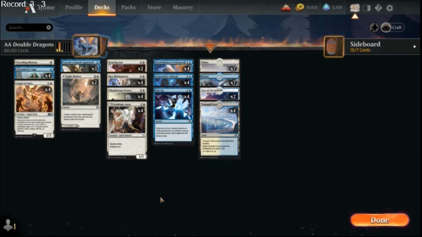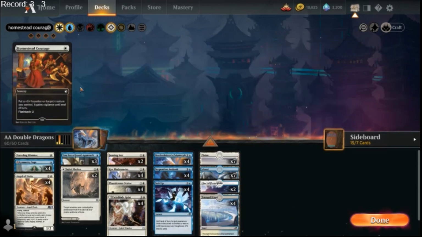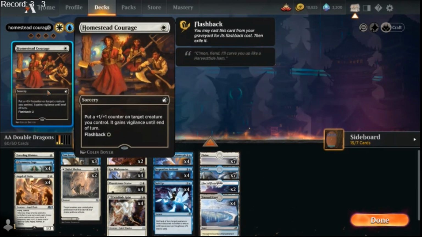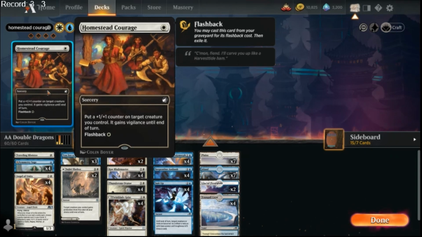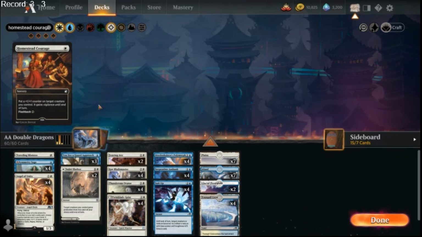All right, let's do a quick conclusion. Talk about the deck, sideboard, potential changes. I don't think there's much of a change that I'd make to the deck, except I might want to add Homestead Courage. This card is nice because we could put +1/+1 counters on our creatures, and the flashback means that we can trigger Symmetry Sage twice with it. So replacing Traveling Minister with Homestead Courage, and maybe like a Fencing Ace with Homestead Courage,